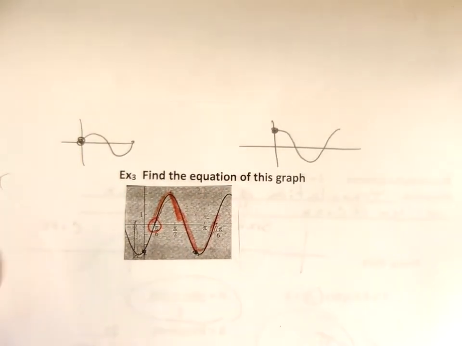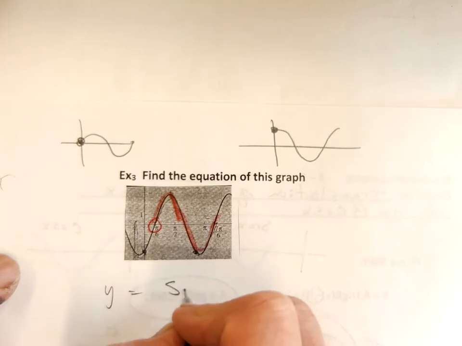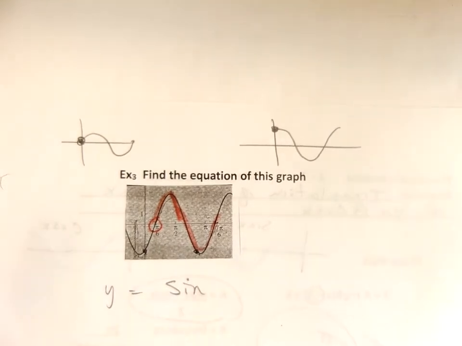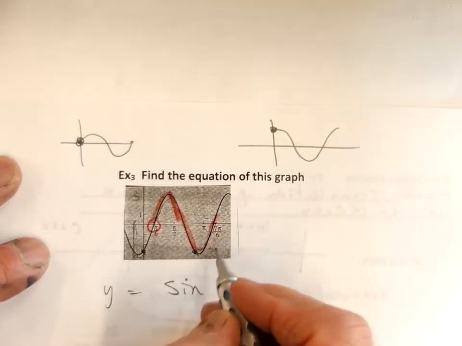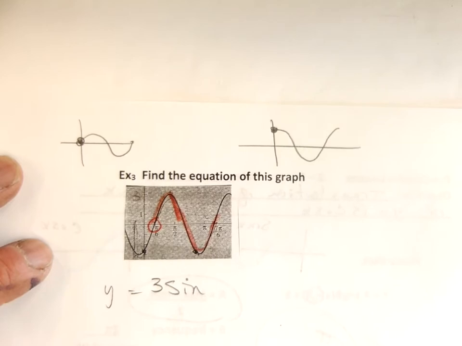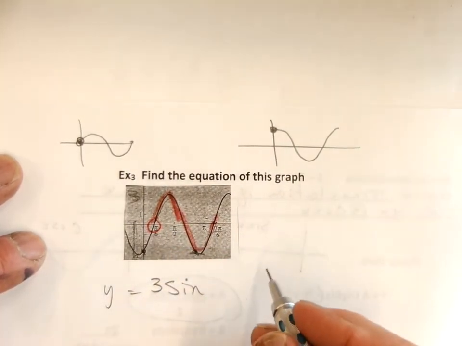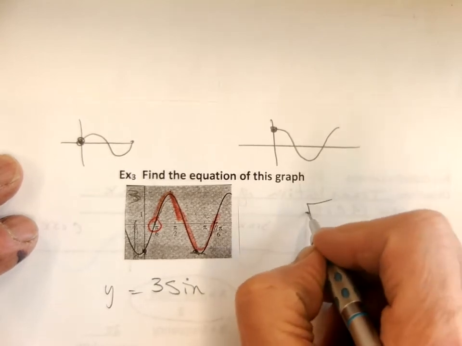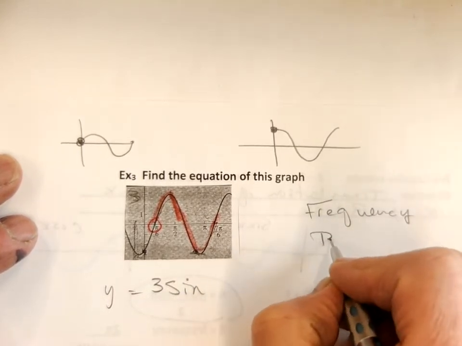So here it is, right? There's one curve. So I'm going to start off with y equals sine. Amplitude, 3. Everybody agree with 3? I can see it goes 3, negative 3. I agree with that. Now, to find the frequency, which is b,